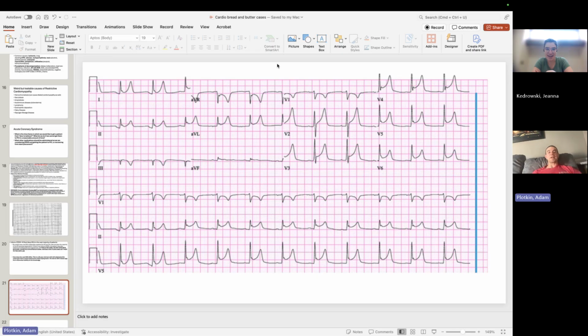So I'll tell you, this guy does not have electrical alternans, and we'll talk about what that means in a second. So you're absolutely right, right? Sometimes I'll read a vignette and I don't need to look at the picture or the X-ray or the EKG or the biopsy, whatever they give me. I just read the vignette. There's enough in it. I know what it is, and I just use the picture to confirm, right? That's how I would use this vignette, right? This is classic for pericarditis, which is inflammation of the pericardium, right?